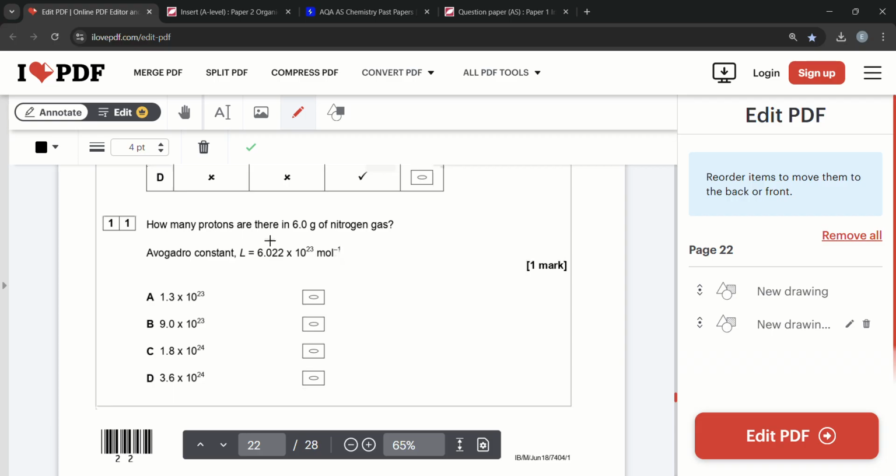How many protons are there in this much nitrogen gas? So first thing we have to do is find out the moles. Or do we? Let me do 6 divided by